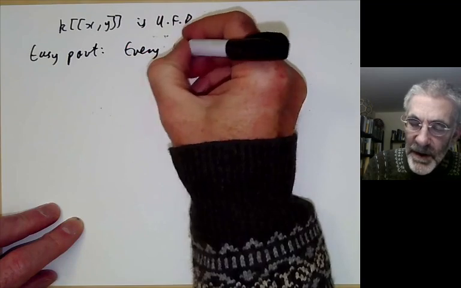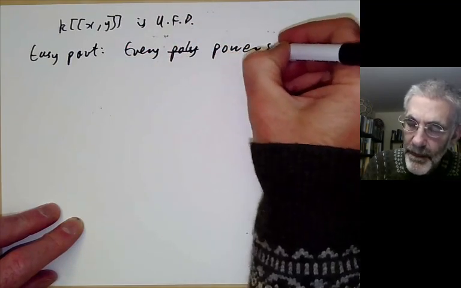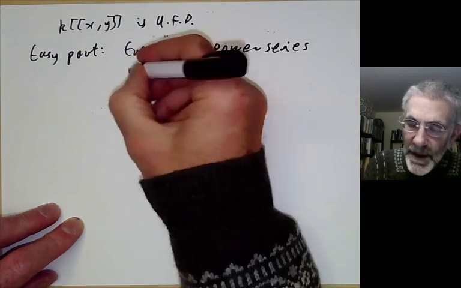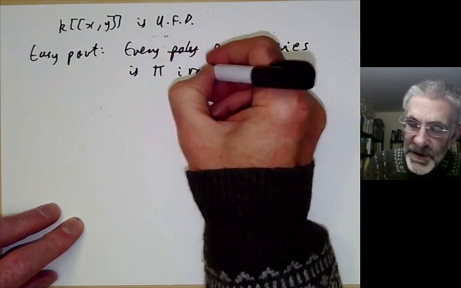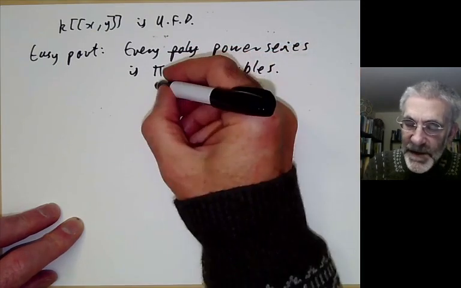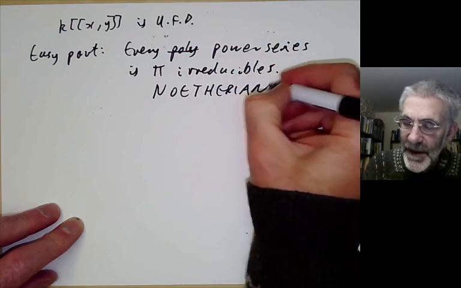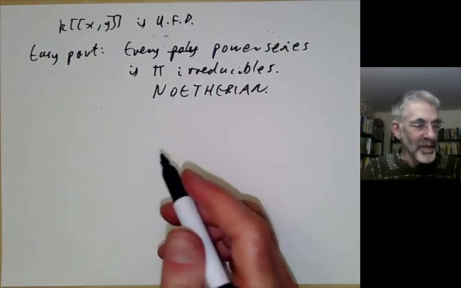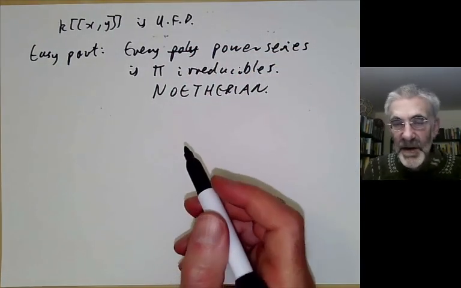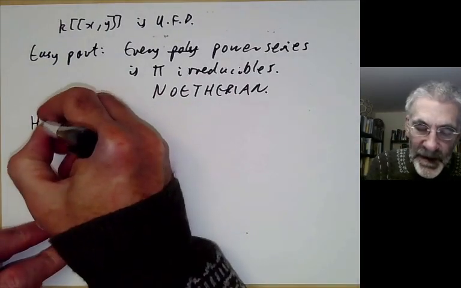Every polynomial, sorry, every power series is a product of irreducibles. And this follows because the ring is Noetherian. And the proof of that is the same as the proof I gave or possibly didn't give earlier for the case of polynomials, so I'm going to skip it. Then there's the hard part